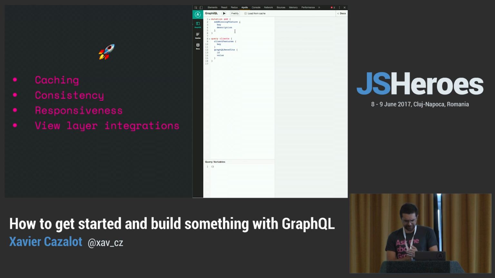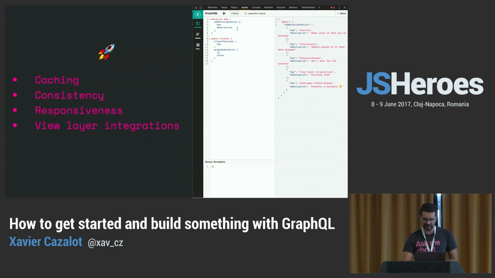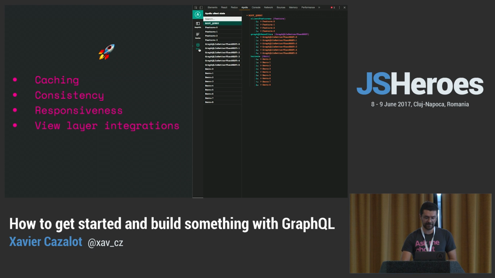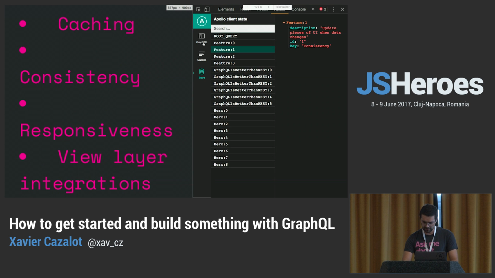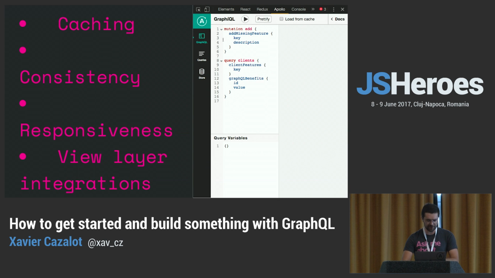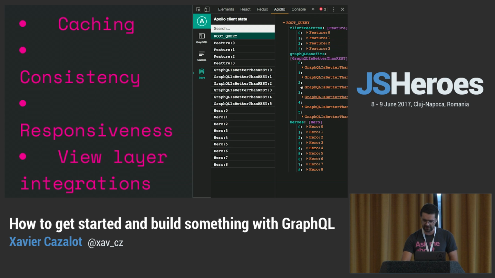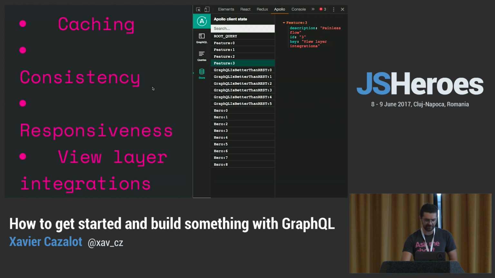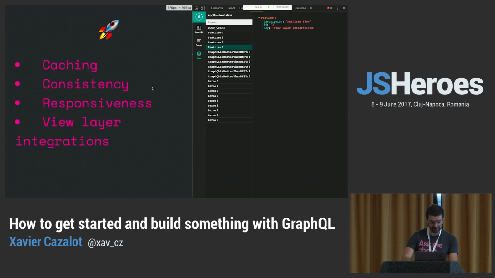So in this graphical playground, I'm going to just run a mutation, which is this add feature, where we can see that I just added a new feature. It's developer effectiveness. But as I'm in the playground, my store... Sorry? Oh, sure. So I just ran a mutation that got me some results, but my store didn't get updated. And the thing is that when I zoom, I cannot scroll.